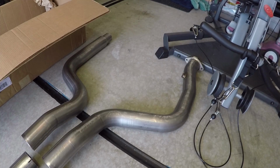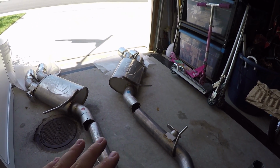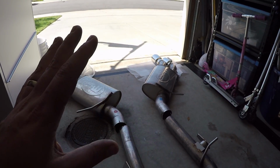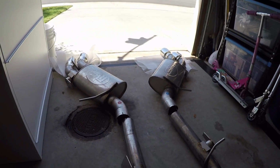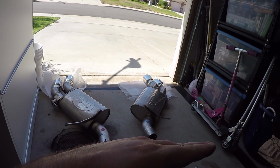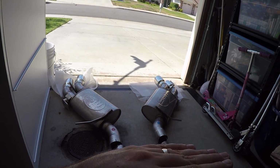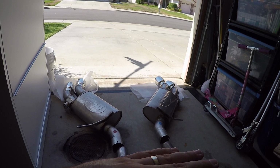It is a true catback, comes from the catalytic converters all the way back. Now, in regards to sound, how is this bad boy going to sound? And to be honest, I don't necessarily know. Stainless Works has only posted a video that has this full setup with their long tube headers on it. But what I do know is I've heard a car in person that basically has the mufflers and axle back. He had an axle back setup. It sounded better than the GM dual mode, or NPP, which is the RPO code that most people have fallen in line to call it. And it sounded better than that,